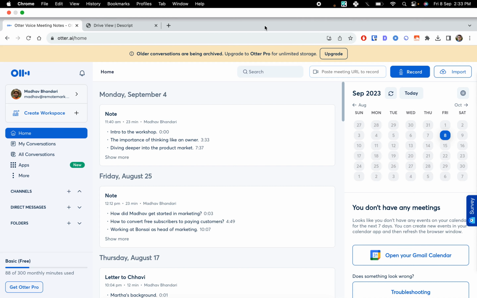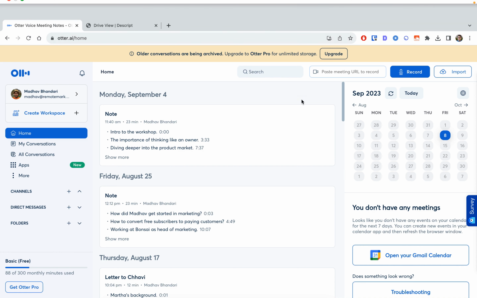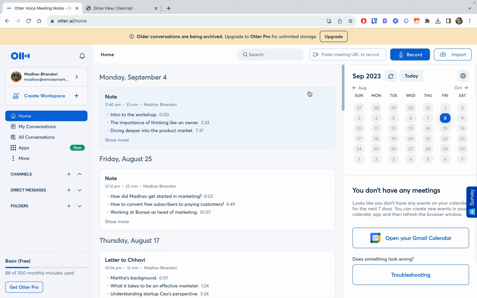I'm actually a customer of both Otter and Descript, and I can tell you upfront, both of them are very different tools and have very different use cases. Sure, on the front, they're both doing audio transcription. Otter does that, Descript does that as well. So I guess what is it about that transcription that makes them so different from each other?